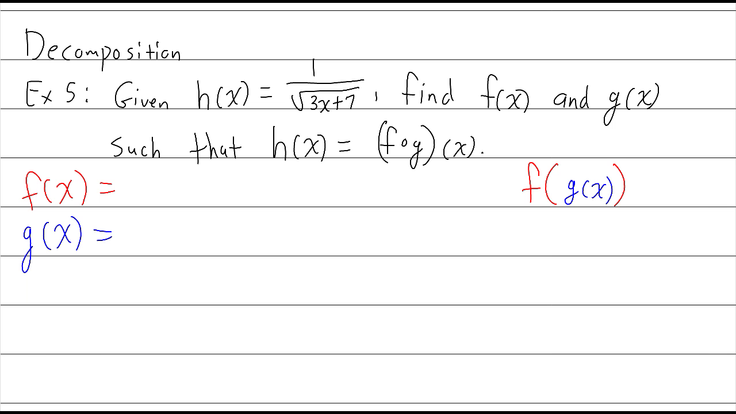All right, I think the best thing to do is to look at the original and try to identify g first. Okay, and I see a lot of different options right here. I think the easiest one that I see, though, is this square root of 3x plus 7. So I'm going to start off and say, I think this should be g of x. It's kind of a guess here. Okay, 3x plus 7. Okay, so if that is the case,